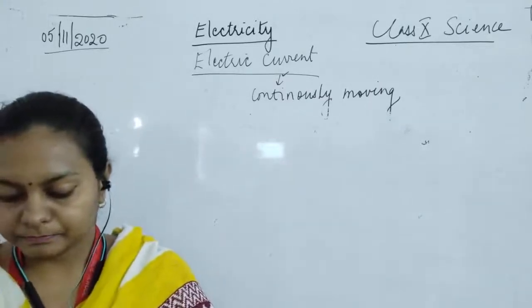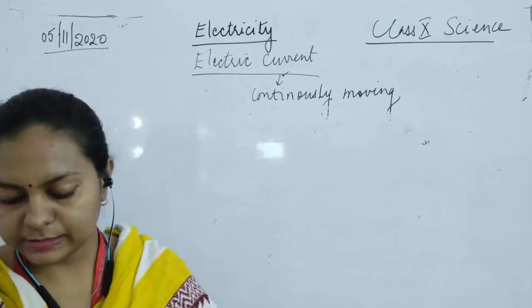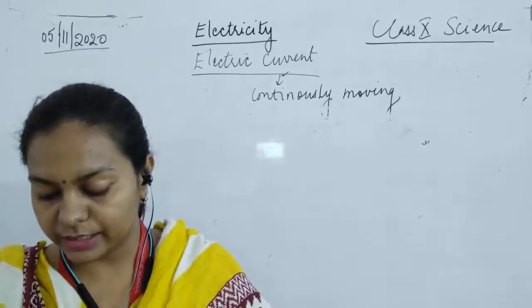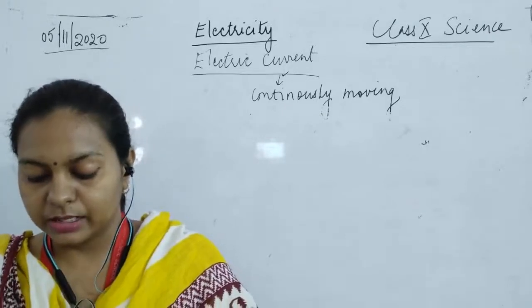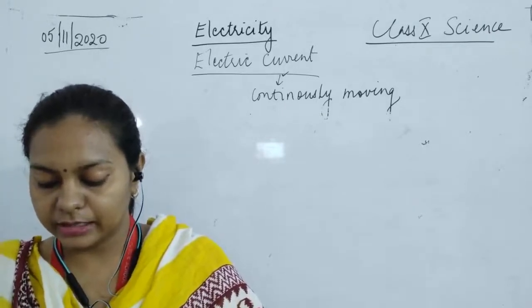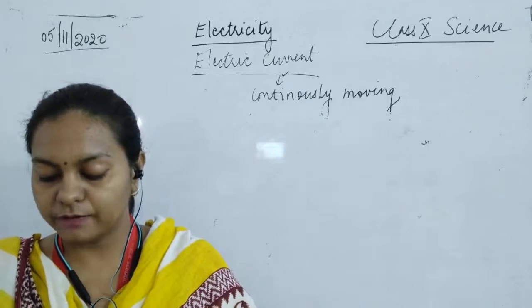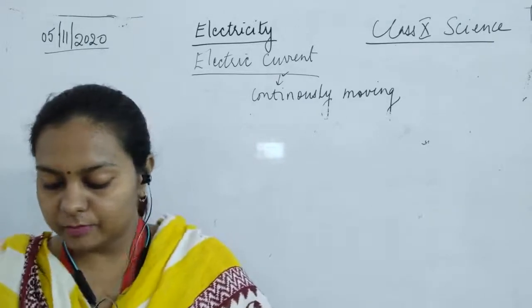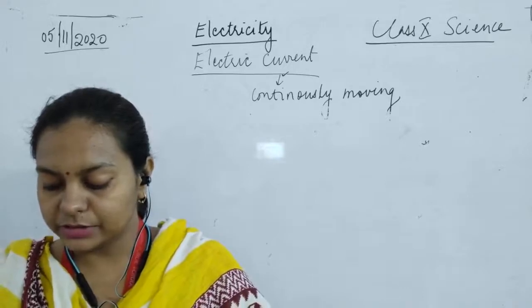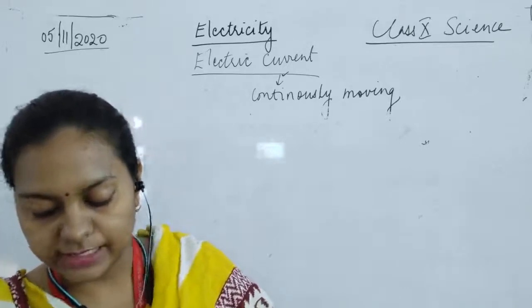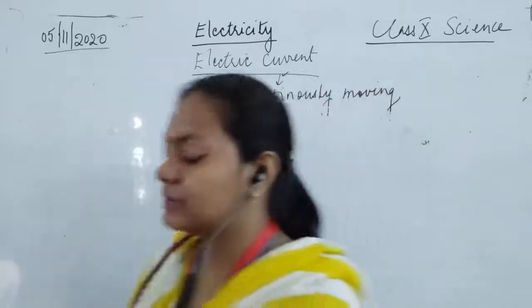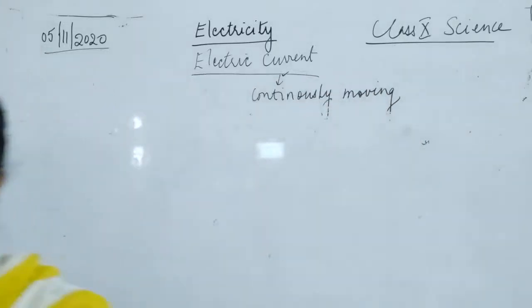Fine. Now next thing we have to discuss is electric current flows in the electric charges or the electrons for conductors such as metallic wire. The magnitude of electric current in the conductor is the amount of electric charges passing through a given point of the conductor in 1 second. Okay, so how can you define electric current? What does electric current mean? Electric current means it is